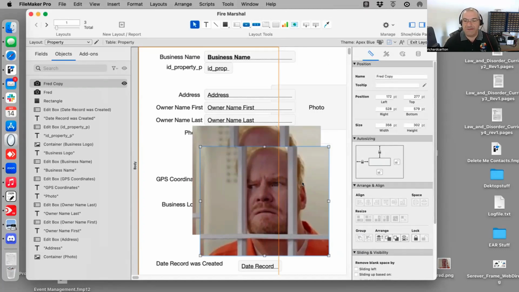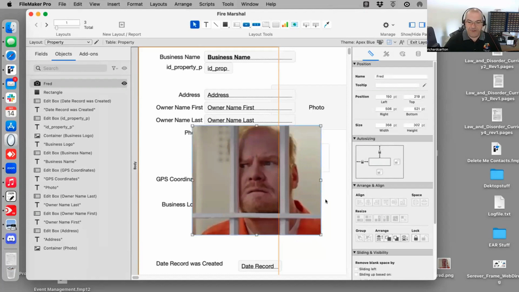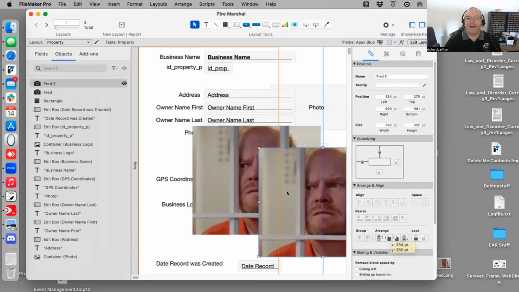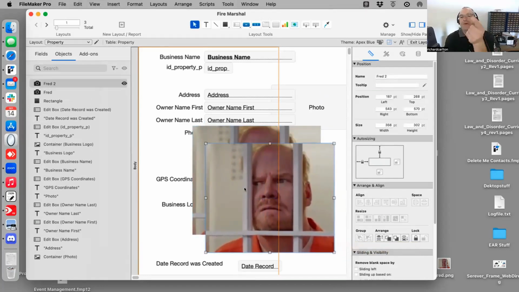If I delete this, I delete Fred copy, I copy this, I paste it. There you go. So sometimes it's copy, sometimes it's Fred 2, right? Because FileMaker's not sure it's a copy, but that's normally what I'm used to seeing right here, not the copy, but the word Fred 2. Once again, you cannot change. We can't have two Freds. There can only be one Fred. So if you look over here, you have Fred and Fred 2. Very, very important because